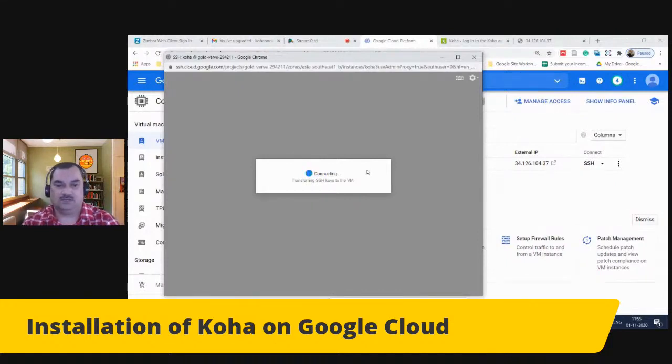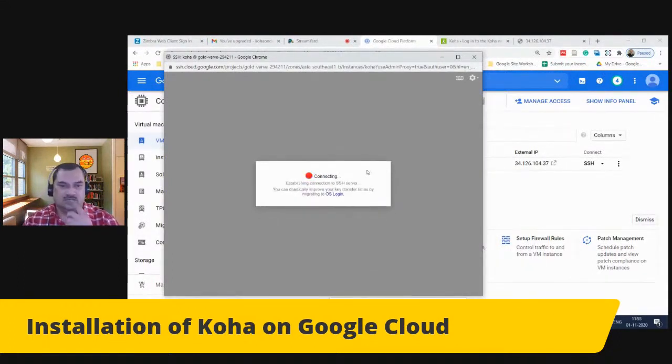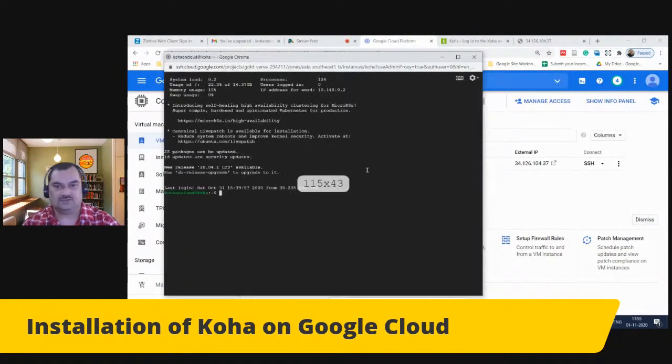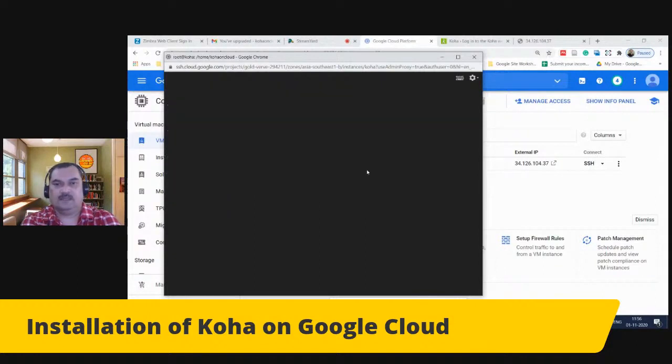If you have worked in Ubuntu or any operating system, there you will find the terminal, where we install different software with the help of the terminal. So it also works in a very similar pattern. First I am supposed to log in as root, and then I'll go to the particular file.